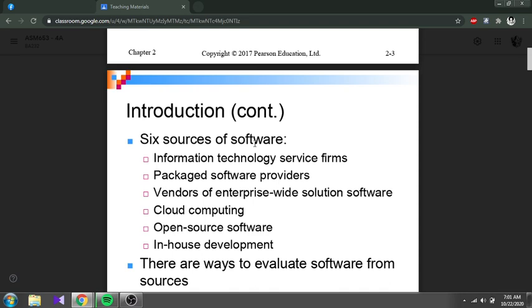Okay, enterprise-wide solution is a different thing. It's a big software that mostly dia terlibat untuk produce reports for business decision making for this big company, untuk enterprise-wide solution. And of course, I think you are familiar with the term cloud computing. Cloud computing is mostly on the external storage lah. Okay, and then of course we got the open source software.